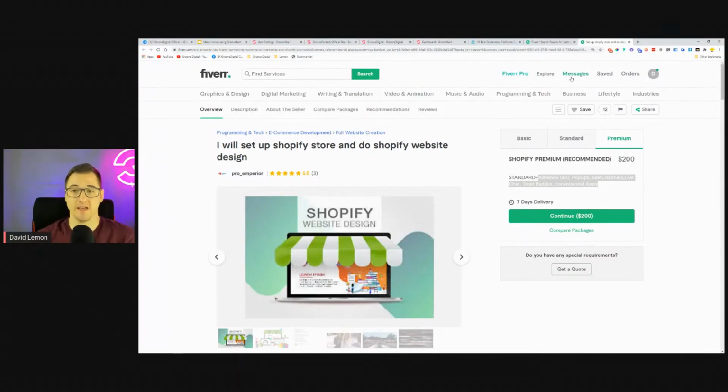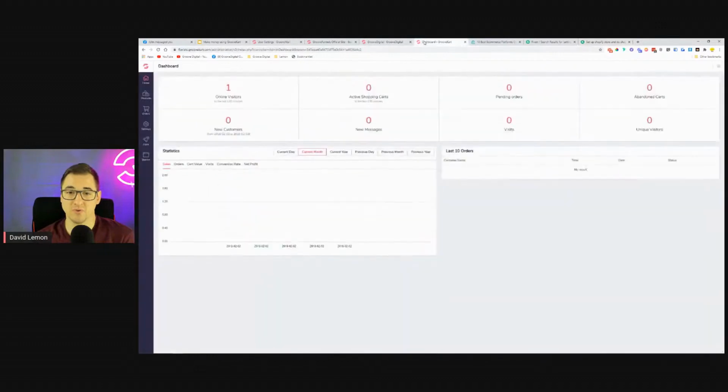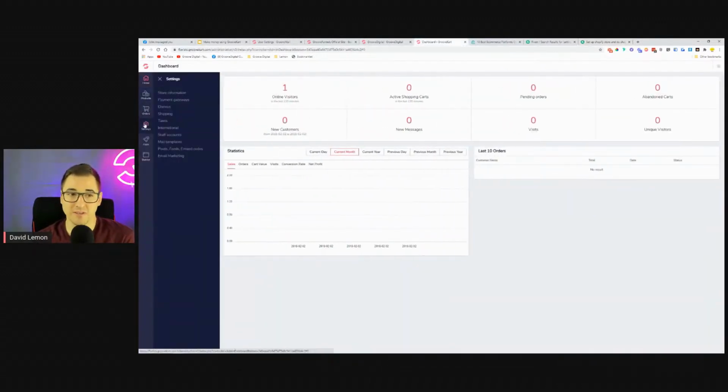You can have some sort of an agency, or you can have a business creating these types of stores using GrooveKart, because there's not a lot of settings you would need. You just go into the settings, go through this one, make sure you set up the store information, make sure you set up the payment gateways, connect the domain, set up the shipping, taxes, any kind of international settings like